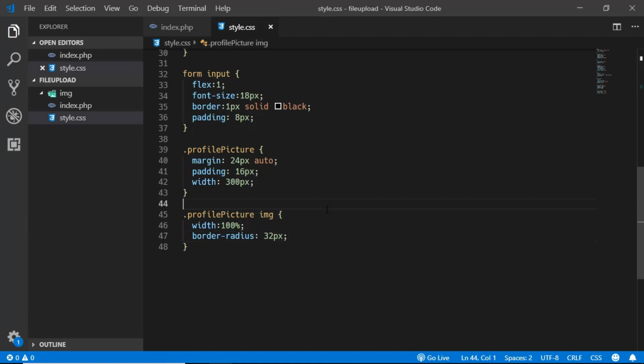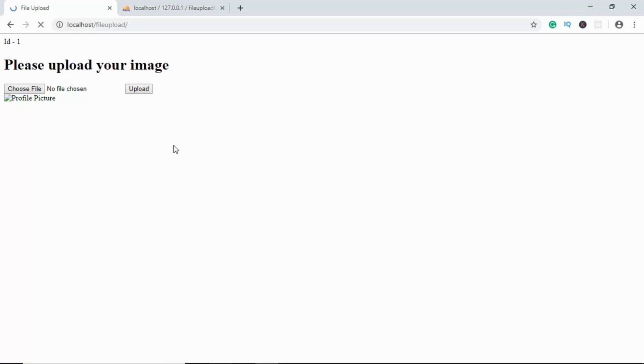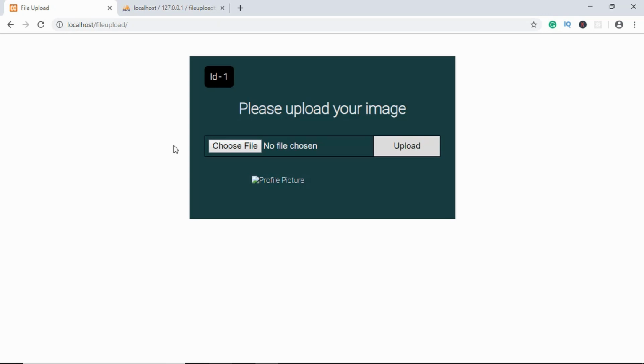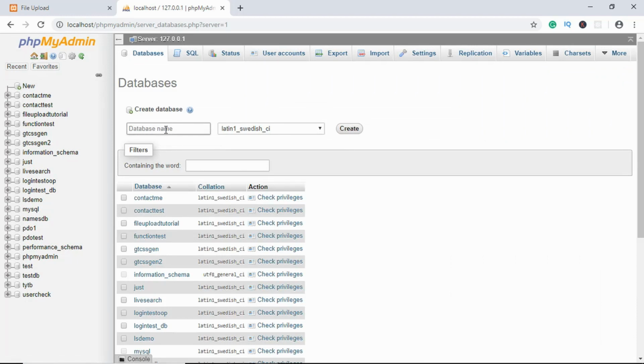Alright, so that's it with the styling. Let's go ahead and refresh our page. That's it with the design. Now let's go ahead and write the PHP to upload our profile picture. But before that, let's go ahead and create our database. So just go to localhost/phpMyAdmin and click on new, and here we'll create a database, and we'll name the database file upload,